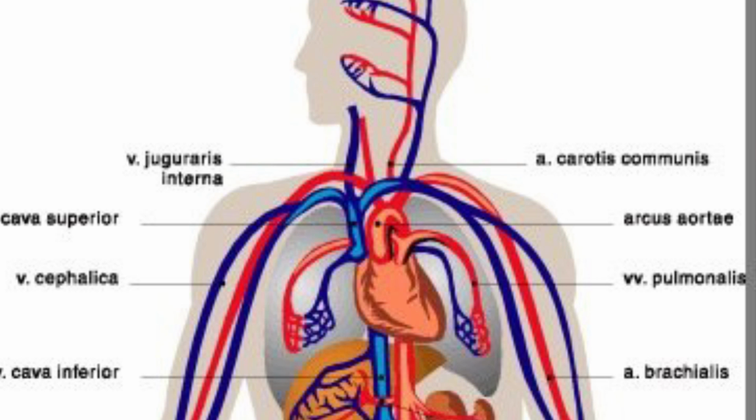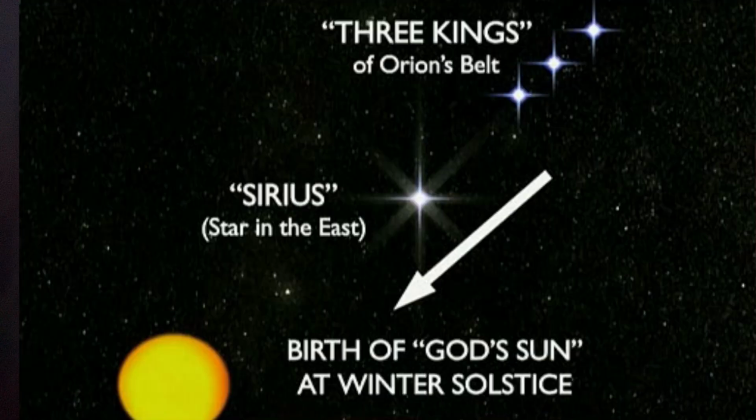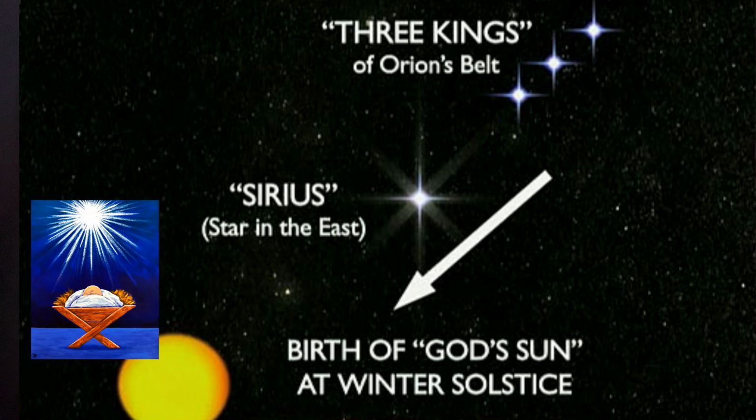The nebula serves as an inner core of the sun, and this is why the colours are always red, blue and white. And then you get the rest of the colours from it. The narrative of baby Jesus reflects the sun being born from the nebula, Mary. And the three wise men represent Orion's belt, following the white dwarf star.